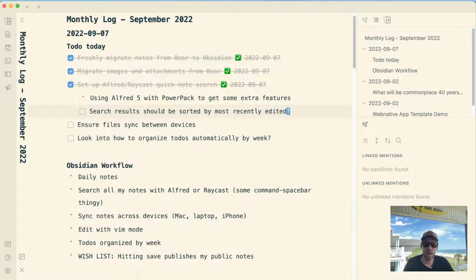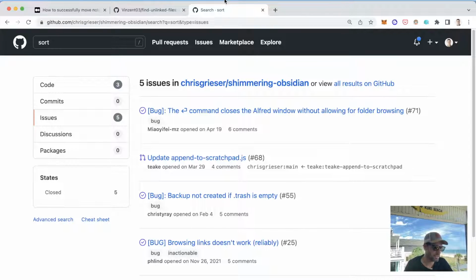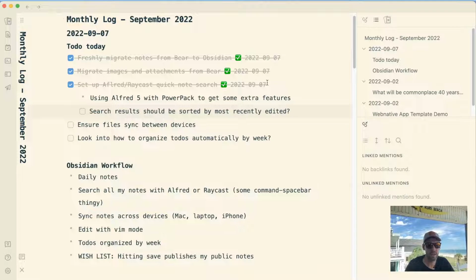All right, well, rather than digging into that right now, we should be coming up on the end of our Pomodoro. We got 3.5 minutes left. I am going to skip that and let's look at making sure that files sync between devices. So I guess I could plug this into my iPhone and then have you guys watch this in real time. I don't know if that would be even interesting. Yeah, I guess we could do that next, and you could see how the editing works on iPhone. So we'll do that after I get back from the Pomodoro.